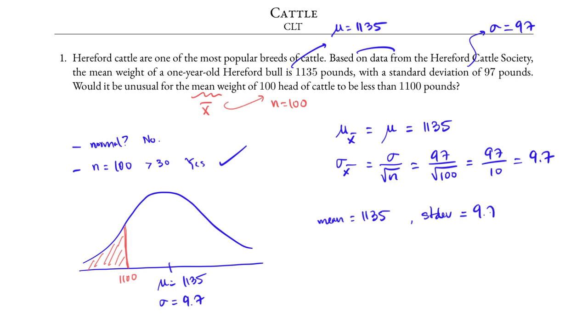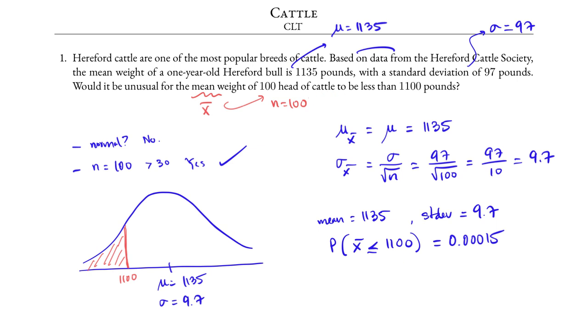that is 9.7, not 97 but 9.7. Writing the probability in symbolic form, P of the mean x bar less than 1100. In this case, it is a continuous distribution, so it doesn't matter whether we use less than or equal. The answer is the same. And if we input everything, we should get 0.00015. And that is the probability that the mean weight of 100 head of cattle is less than 1100